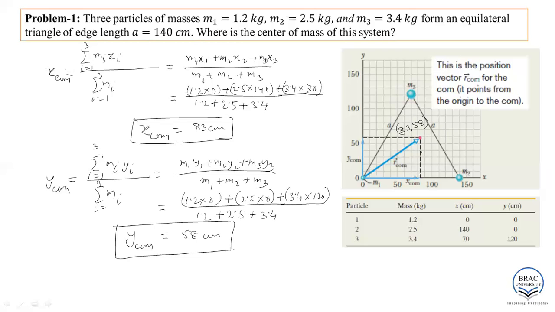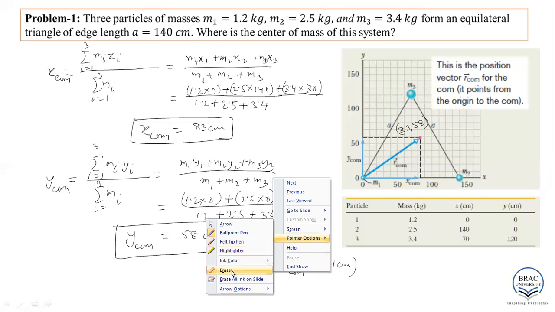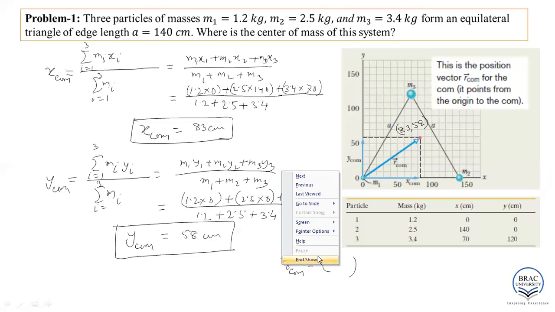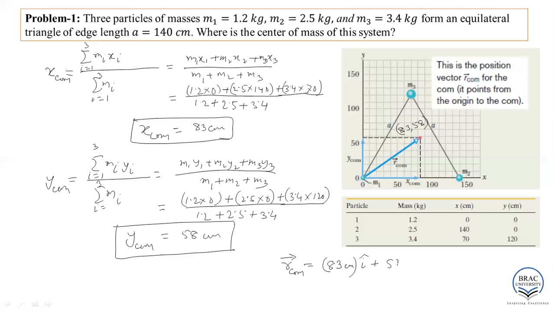Okay, and we can also express this center of mass in terms of a position vector, which we call R COM. Sorry, it is 83 cm i plus 58 cm j. So it is the representation of the center of mass in terms of position vector,